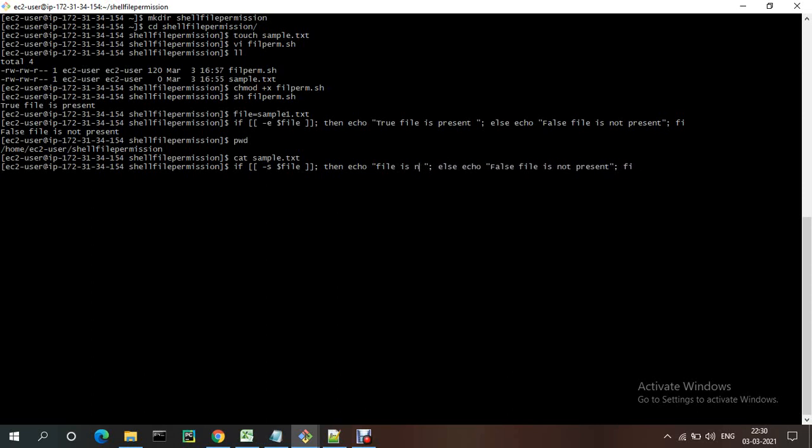File is not empty. File is empty. So see, now there is no data in this file, sample.txt.